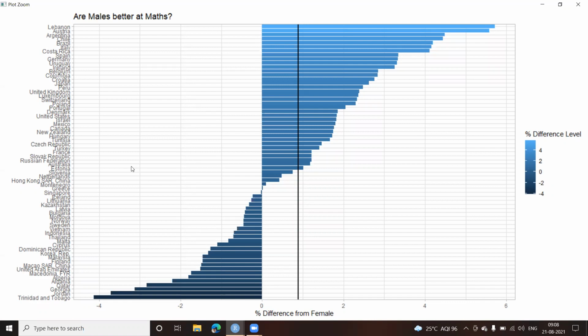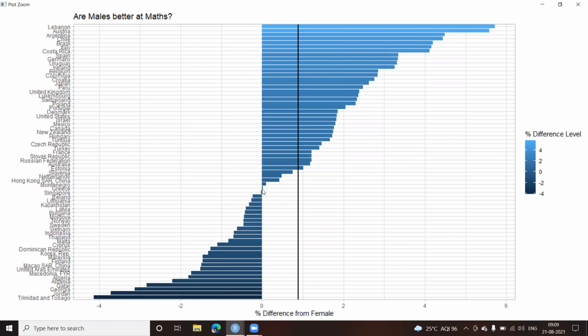Whereas one more finding was that for countries like Singapore and even Greece, the difference between the male performance and the female performance in maths is literally 0. You can see it's a very small bar coming here. That shows there's hardly any gap in the performance between the two groups.